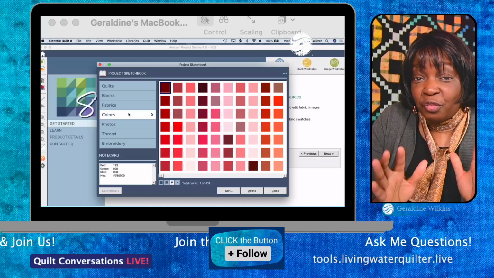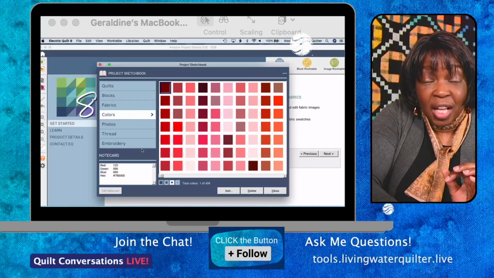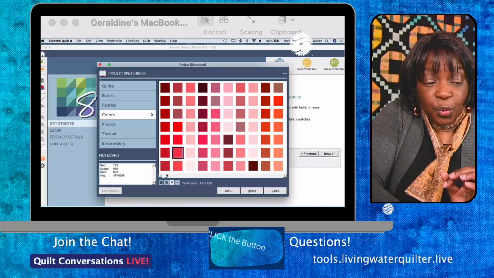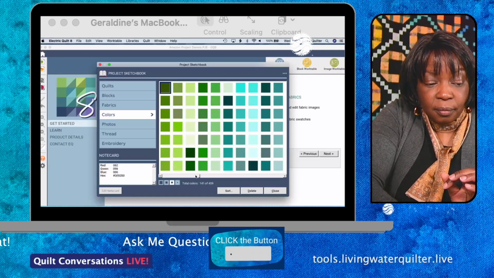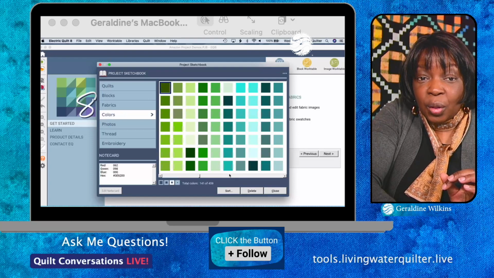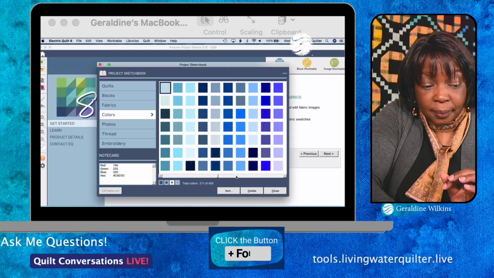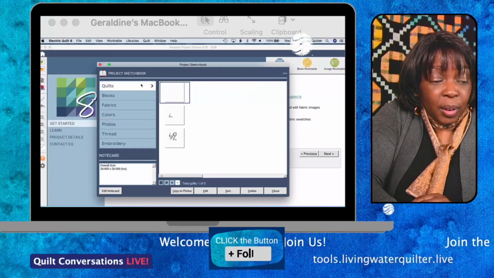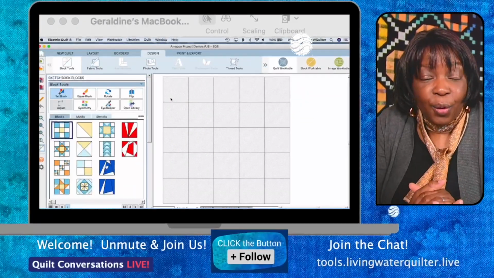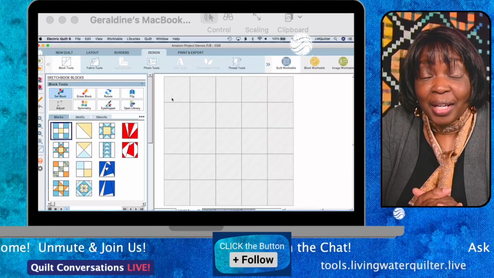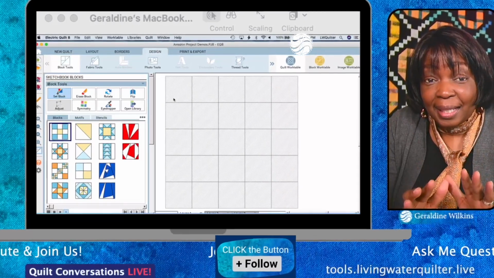Say you don't want to use fabrics yet. You just want to use different colors. So there's a rainbow of colors that you can choose from to color your quilt. So let's go to quilts. I started one and I'm going to show you how you can start with very basic